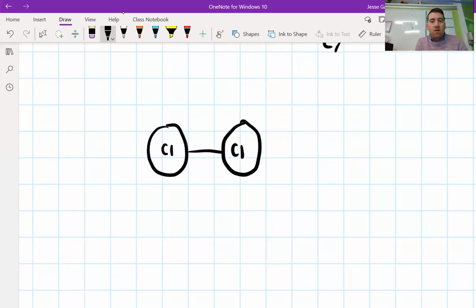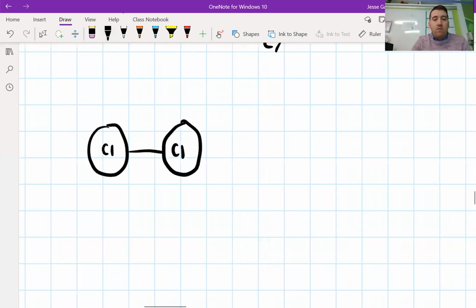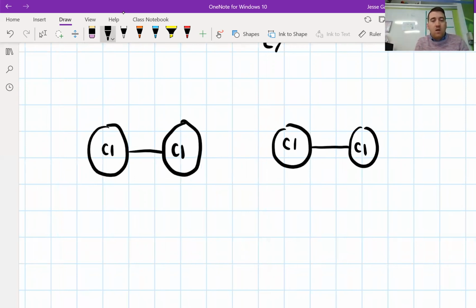So there's definitely not going to be any dipole here. Neither of them are attracting electrons closer to themselves than the other one. So there's not going to be any obvious areas of positive and negative charge. So when we bring it close to another chlorine molecule, how are they attracted to each other if there's no dipoles? Well, the answer is a little bit complex, but what you have to remember